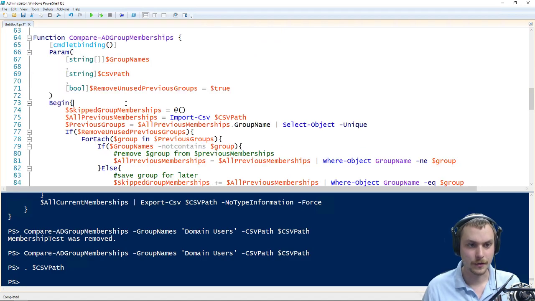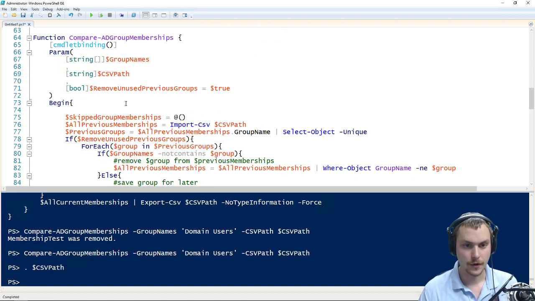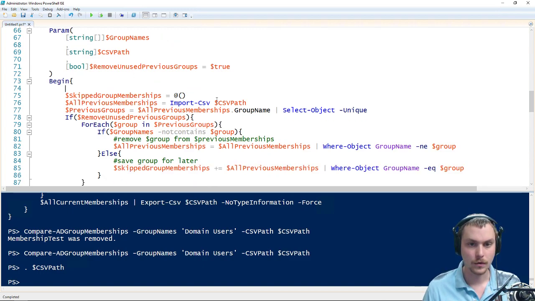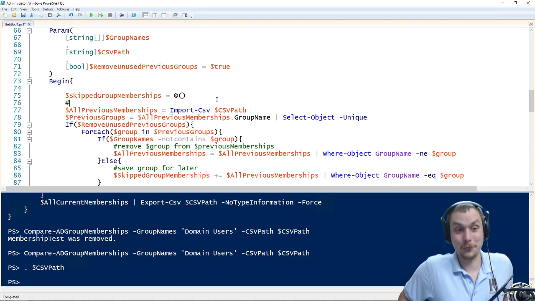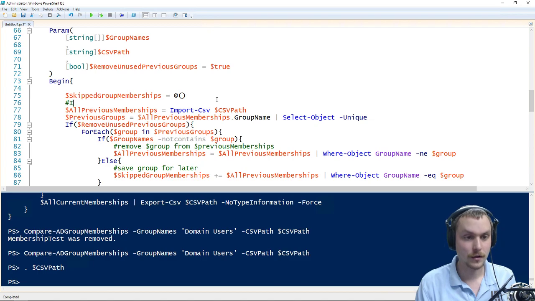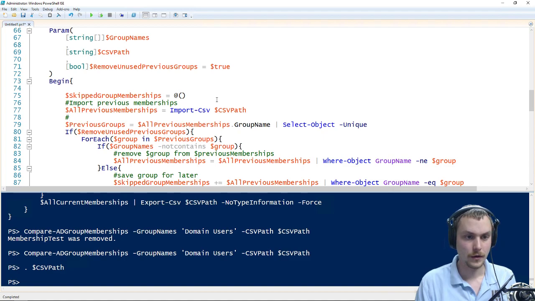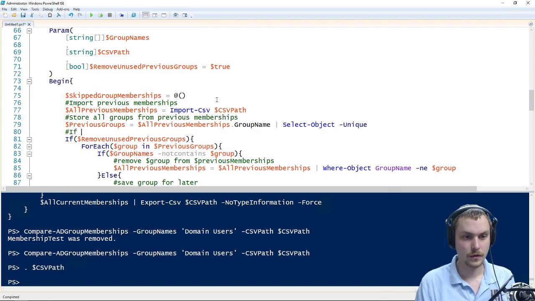Actually, before we go, let me comment this out so this actually makes more sense as we go. Comments are always good. I do them for me, but it's always good if someone else reads your code as well. Let's see, import previous memberships. Store all groups from, let's see, okay. So if we are going to remove previous groups,